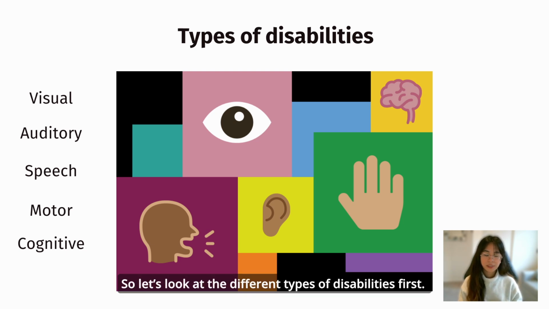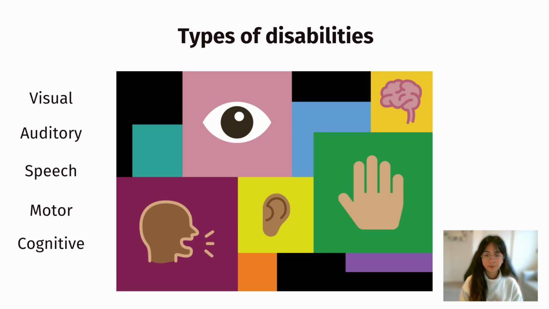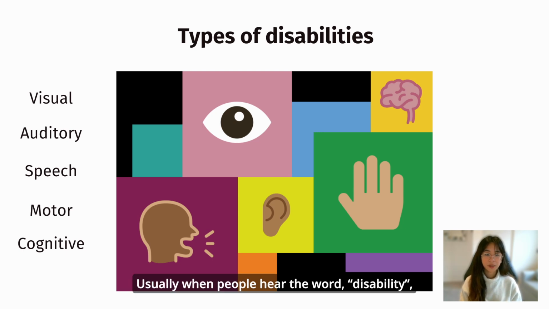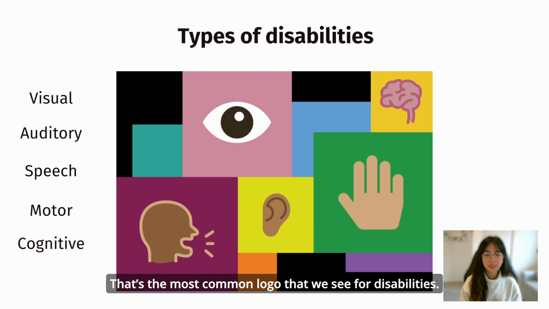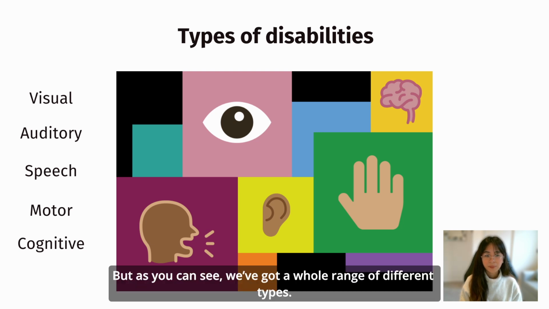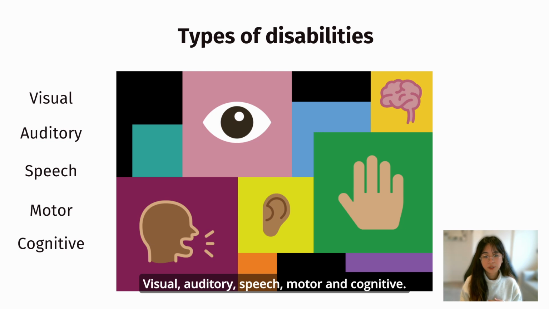So let's look at the different types of disabilities first. Usually when people hear the word disability, they tend to think of physical disabilities. So someone in a wheelchair, for example, that's the most common logo that we see for disabilities. But as you can see, we've got a whole range of different types: visual, auditory, speech, motor, and cognitive. So let's look at visual